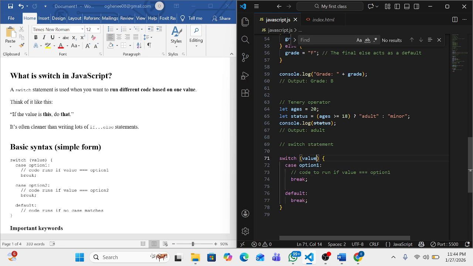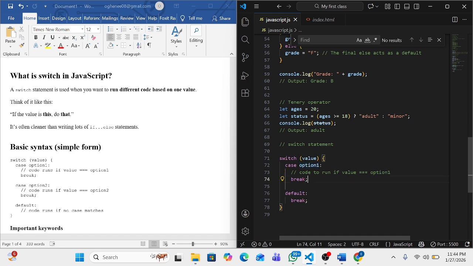Now you are trying to use this value to check against what is here. You are trying to compare the two together. You understand? So if the value in this place is equal to what is here,